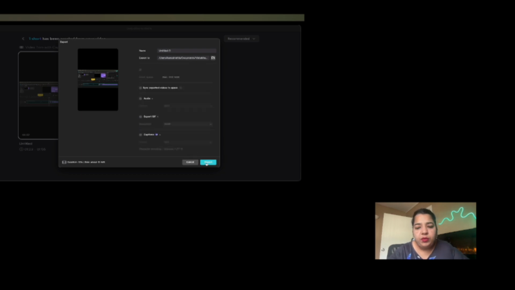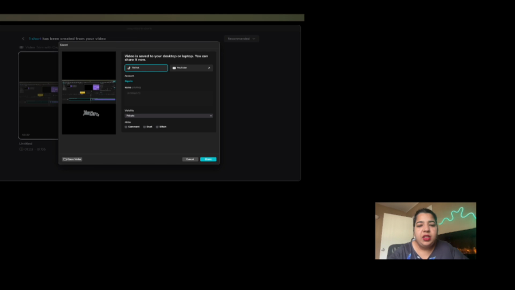the export button. Now, if you see, when we selected the template and when I'm playing this short, it's automatically giving me the captions, which are totally free and offered by the CapCut inbuilt feature. Even if you are signed in, you can directly share your shorts on TikTok and YouTube as well. So this is the one way that we are transforming your long videos into shorts.